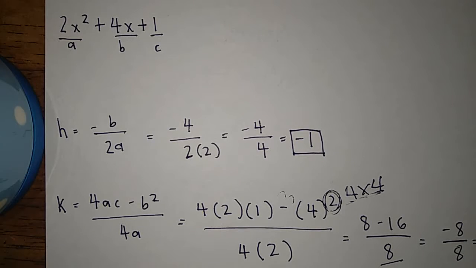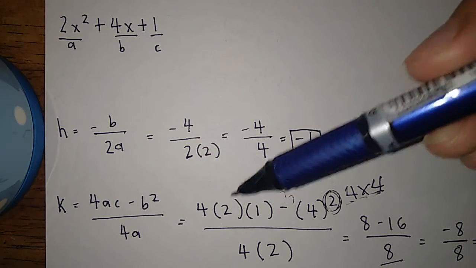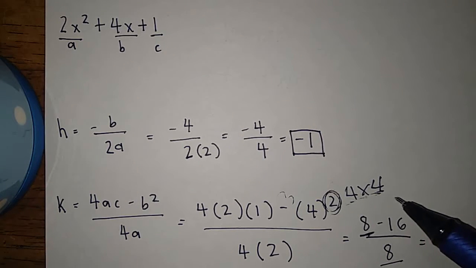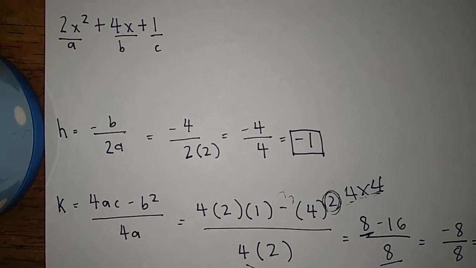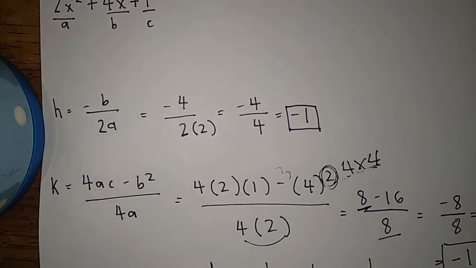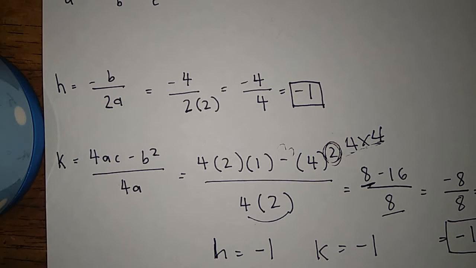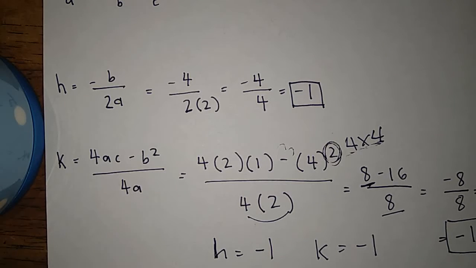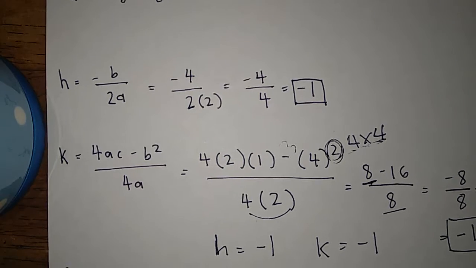Now multiplying all of these together, 4 times 2 is 8 times 1 is still 8, minus 4 squared or 4 times 4, which gives us 16, over 4 times 2, which gives us 8. Now, 8 minus 16 is negative 8 over 8, or negative 8 divided by 8, which gives us the answer of negative 1. So now, the final value of h is negative 1 and the value of k is negative 1 as well. Now that we have everything, it's time to get our standard form, which has the formula of